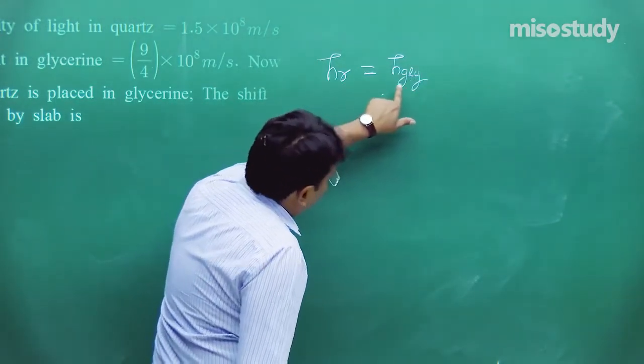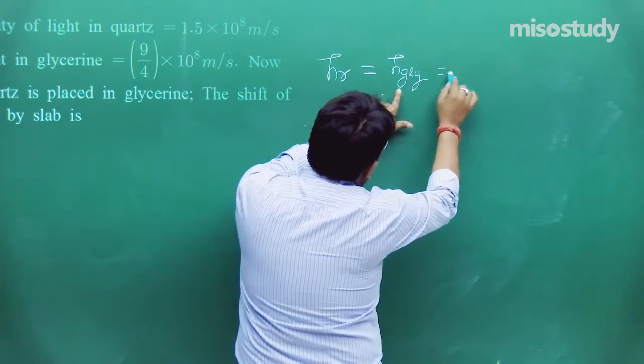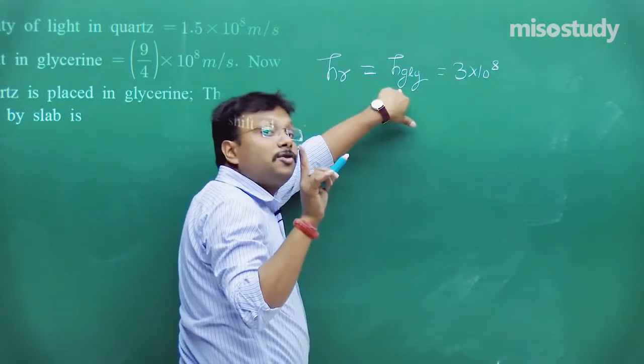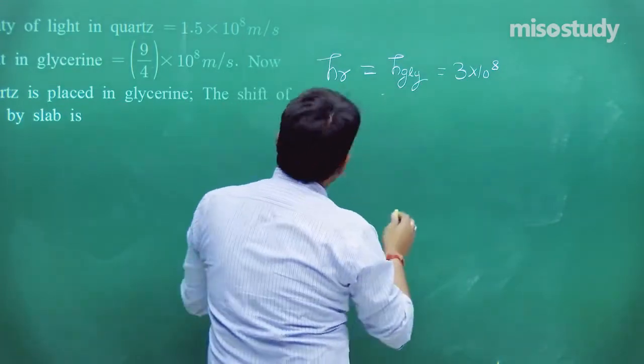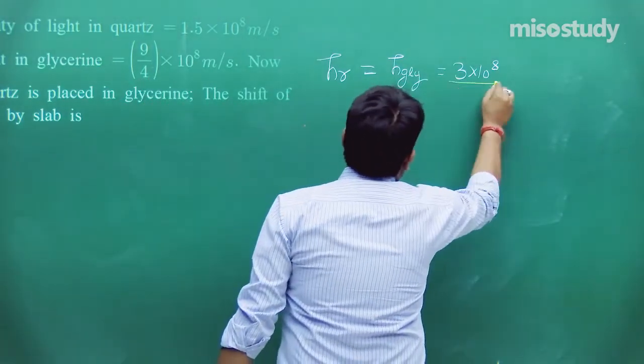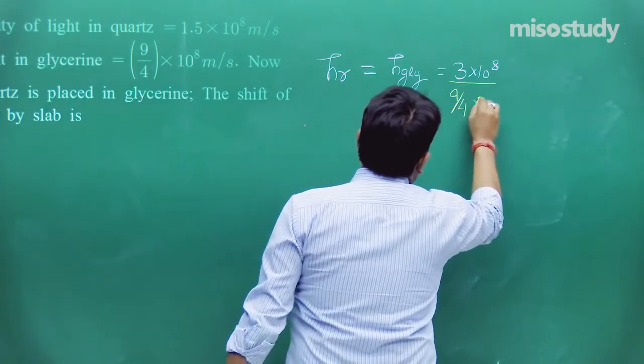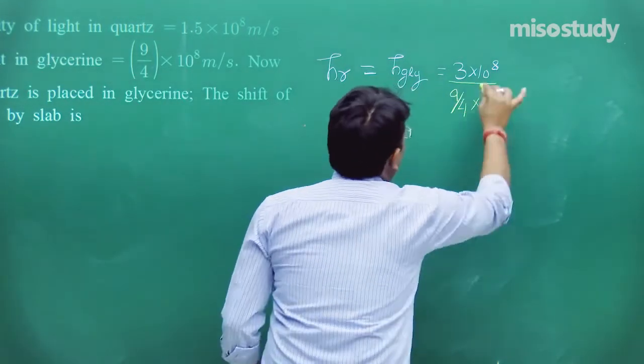Real is actually what? That is in glycerine. So it is going to be 3 into 10 to the power 8 meter per second, that is the speed of light in vacuum. And how much value is given? That is 9 by 4 into 10 to the power 8. Now obviously